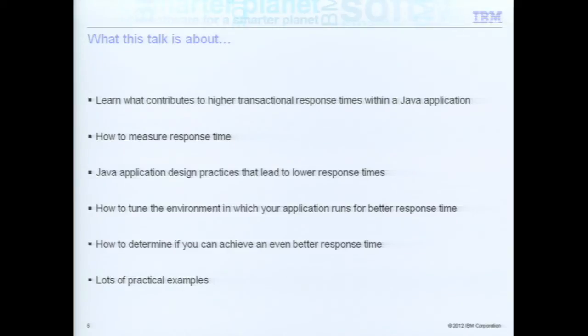We would like to educate you on what really contributes to higher transaction response times in applications, and also, importantly, to figure out how to measure that response time as well. Because if you're not sure what you're measuring, then you might have some issues when you're trying to identify